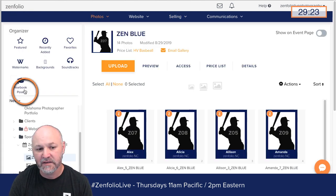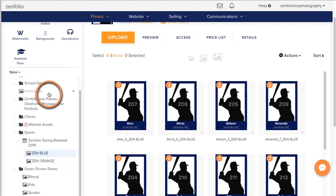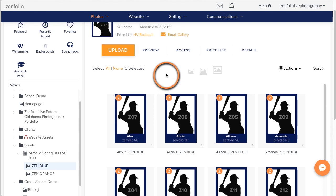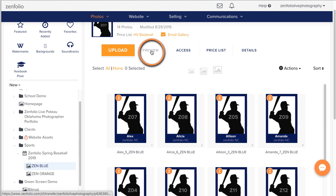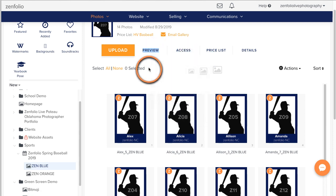So here we are in the gallery. And what we're going to do is get myself out of the way. We're going to go down here to this gallery, and the way that I like to work when I'm customizing things is I don't like to just click that preview button because that makes me lose this tab, and I like to have this tab open. So what I like to do is right click, open in a new tab,